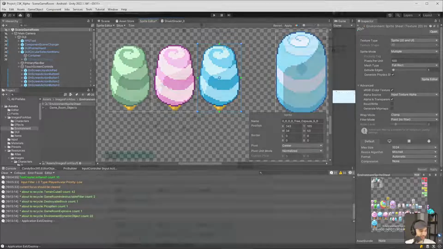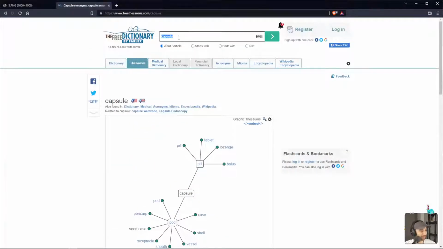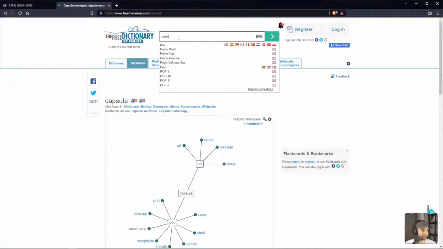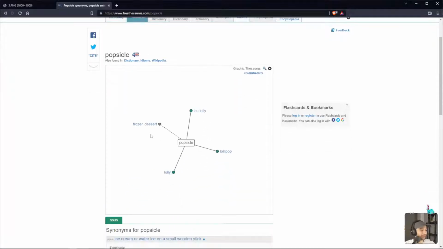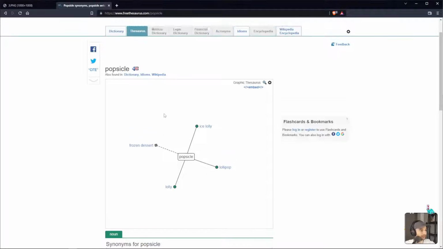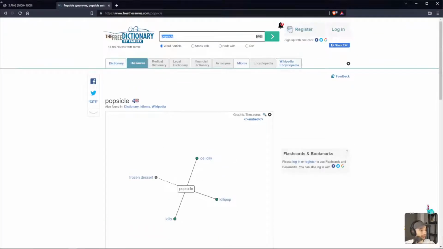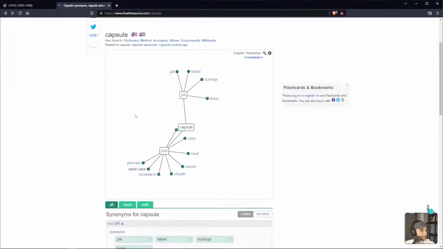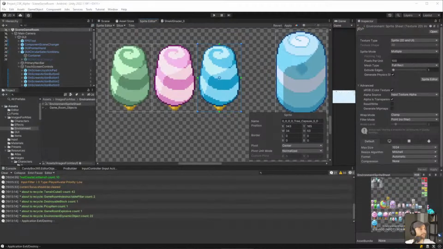Let's see if thesaurus gives us other options for the word popsicle. Popsicle, frozen dessert, nope. Okay, so that didn't really work out. They look like sherbet.